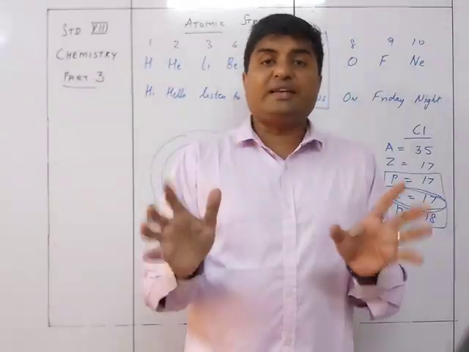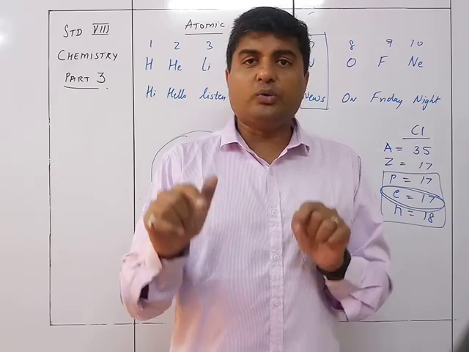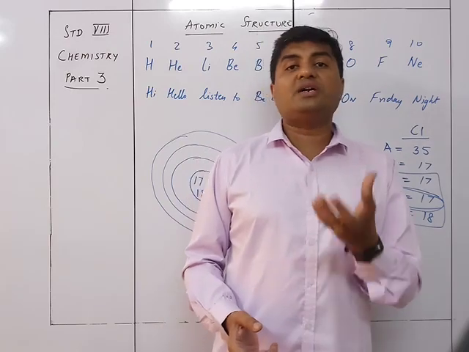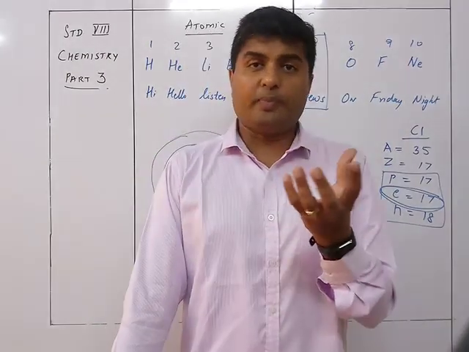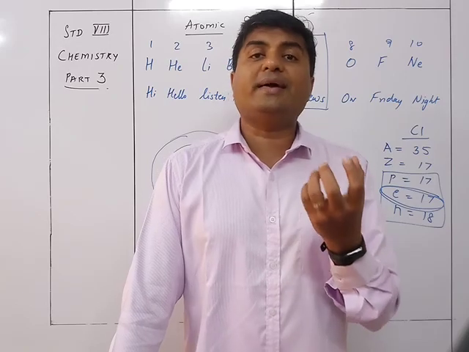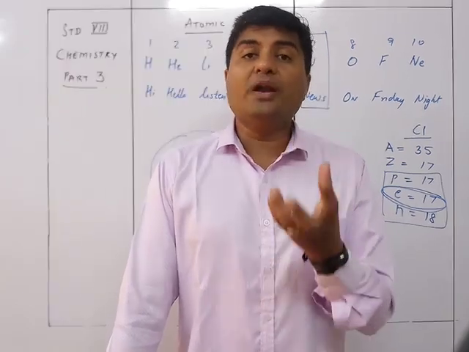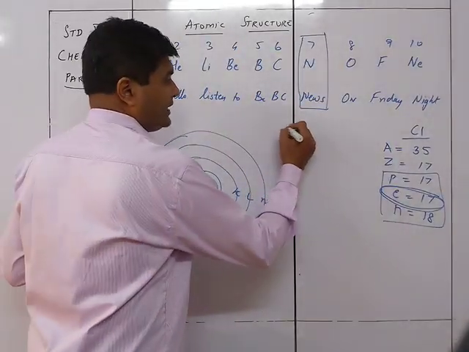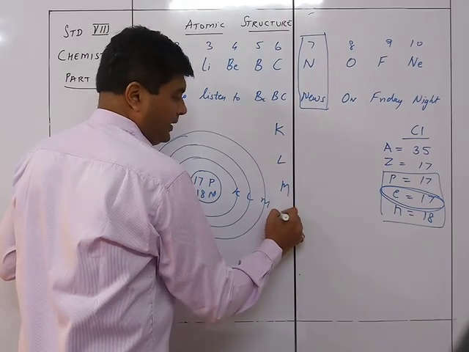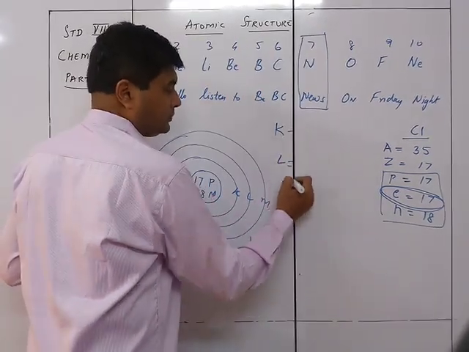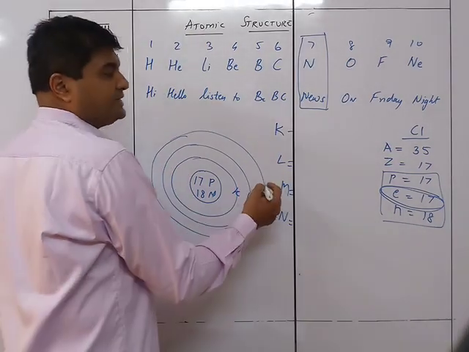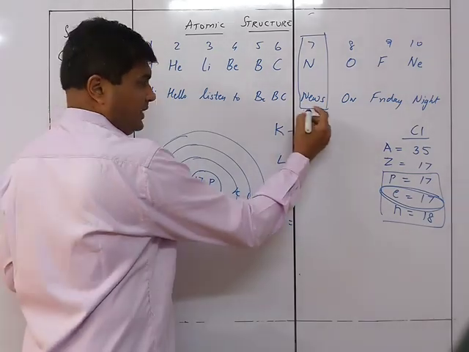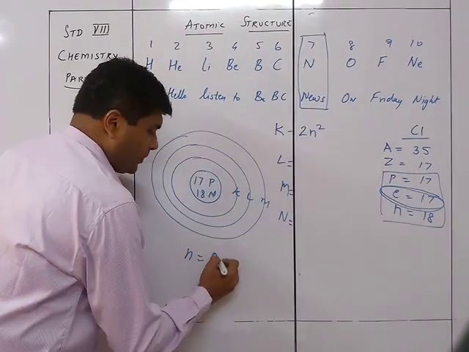Okay, if the number of seats are fixed, can a third person be over there? If there are only 2 seats, can a third person sit over there? No, you cannot. So that is the capacity of that energy level or the shell or the orbit. So each and every orbit has got its capacity to hold electrons. So we know that it is K, L, M, N, these are the shells. These shells have a capacity which is given by the formula 2n square, where n is the orbit number.